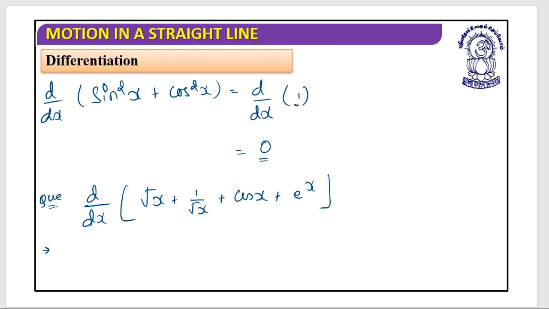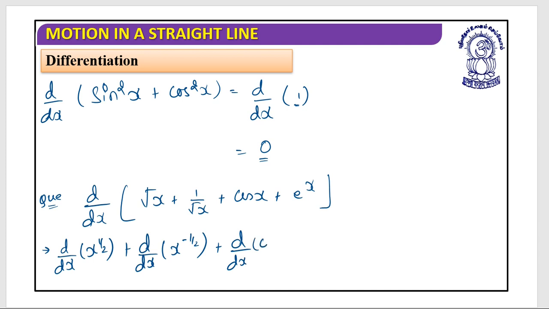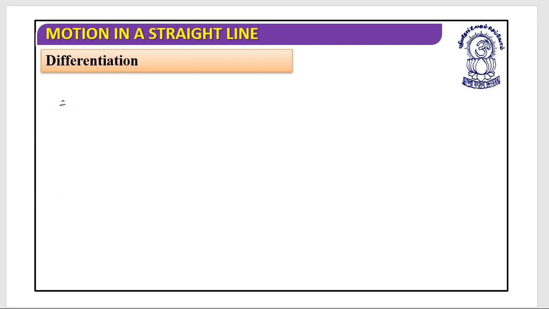So this would be d by dx of x to the power half plus d by dx of x to the power minus half plus d by dx of cos x plus d by dx of e to the power x. Yes. So the answer would be